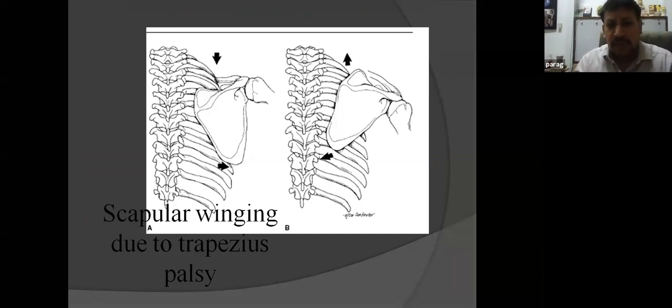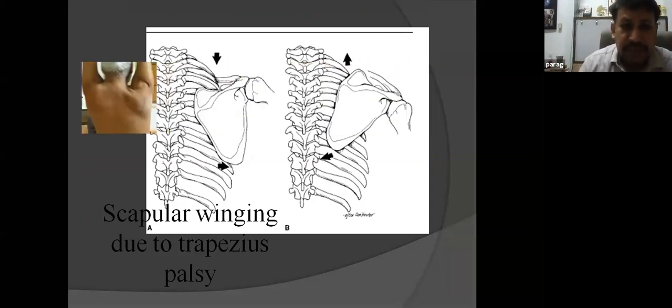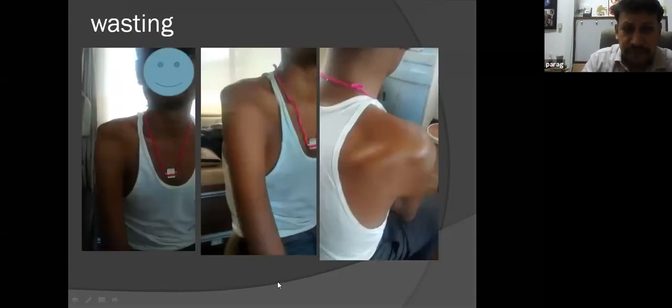Look at the shoulder from the front, from the side, and the back, and many times you will be able to come to the diagnosis straight away. As you see, this is a very typical winging. You can compare it with this particular diagram here. The trapezius is not functioning, and therefore the serratus pulls it to the other side. So this is what you can see straight away on inspection itself.